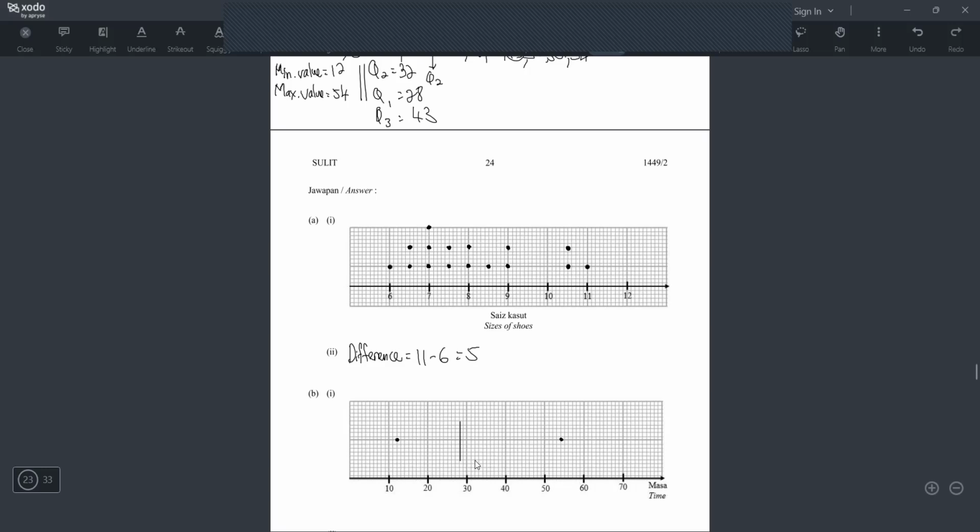So here is my line. So I'll put here and then draw a line until here. Okay, and then 43. 40 is here and then 41, 42, 43, right? So here and draw a line like this. Okay, long a bit. Okay, like that. Maybe 1, 2. Yeah, this one.